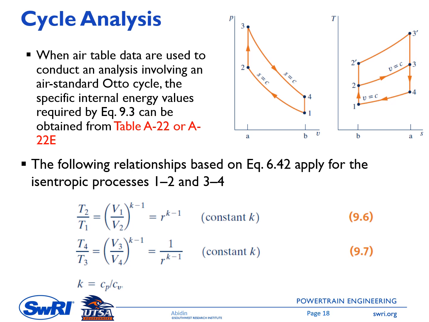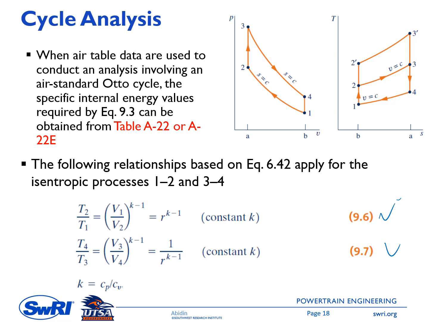And then when air table data are used to conduct an analysis involving the air standard Otto cycle, the specific internal energy value required by equation 9.3 in the previous slide can be obtained from Table A-22, or A-22E for British units. And then the following relationship based on equation 6.42 also applies to the isentropic process 1 to 2 or 3 to 4. So you can use these two correlations,